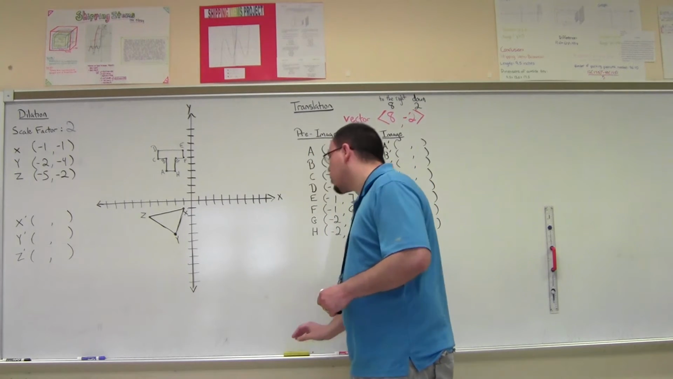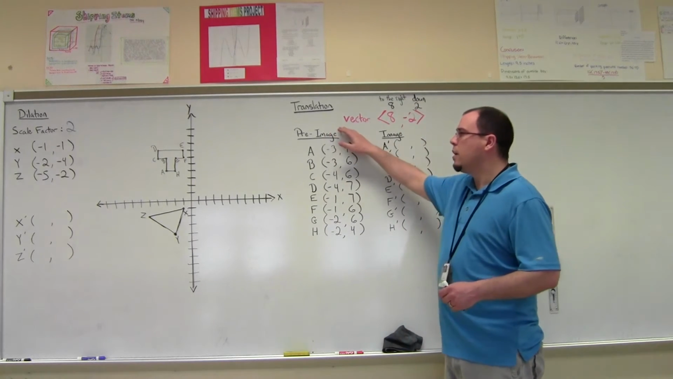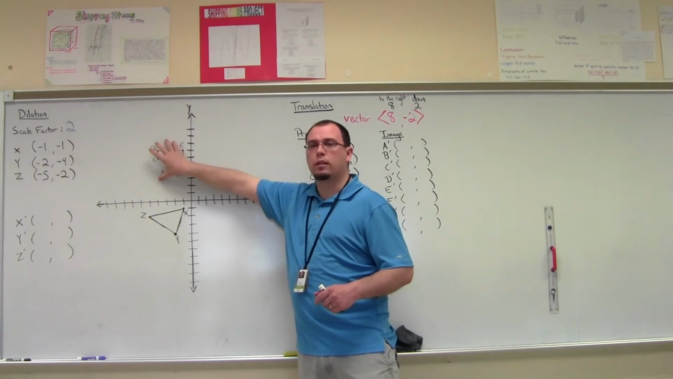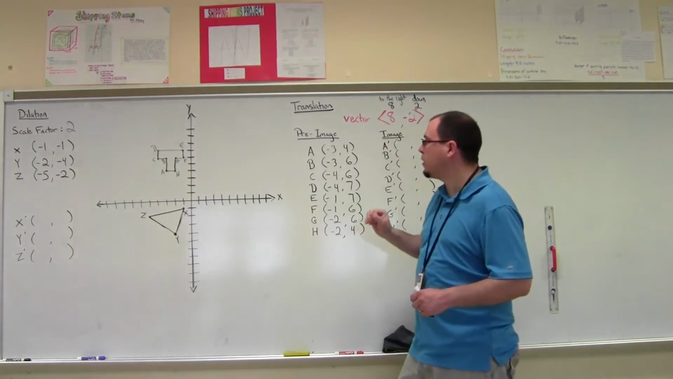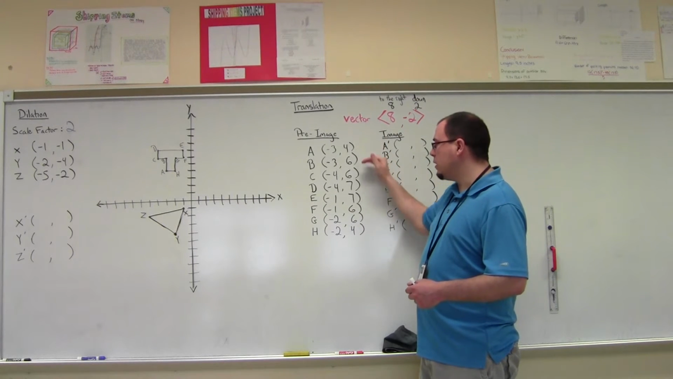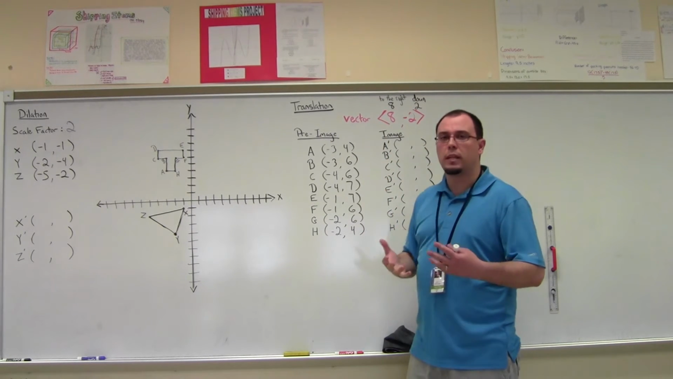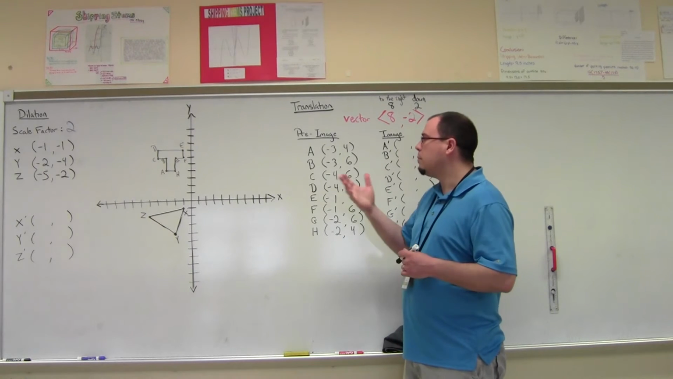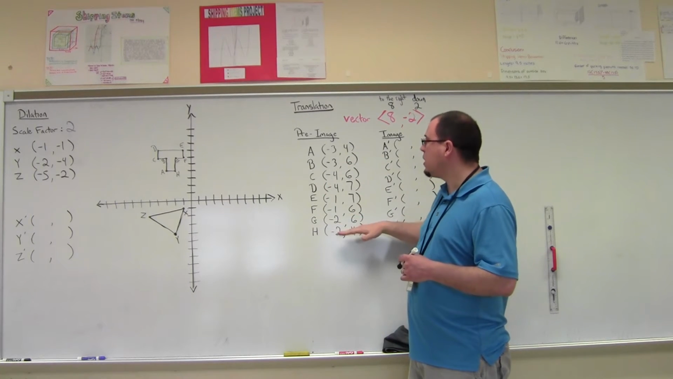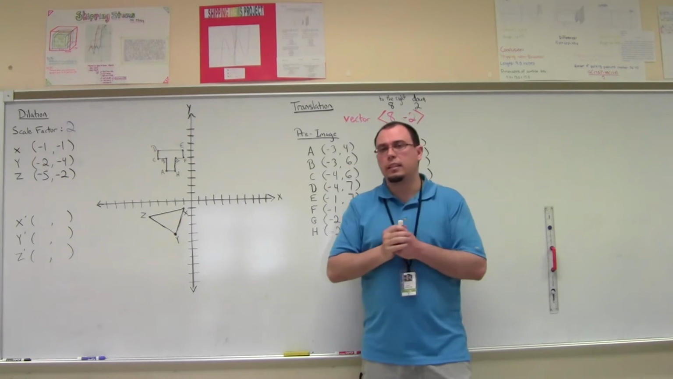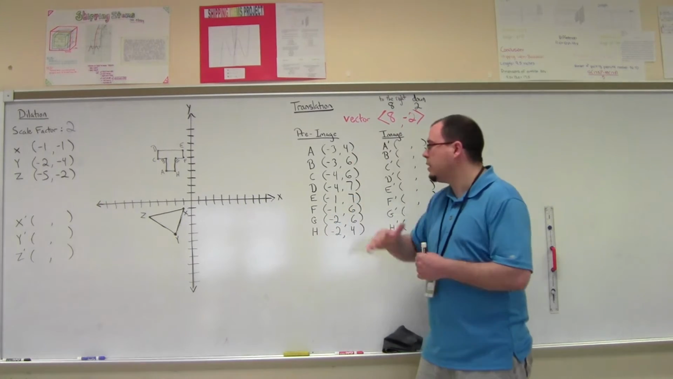So the way we're going to do it is we're going to take the pre-image, which is the shape we're going to start with. In this case, it's this T over here. And we're going to list all of the vertices that we have. We're going to list all of the points that make up this shape. We've done that here. What you're going to need in order to translate is these coordinates,